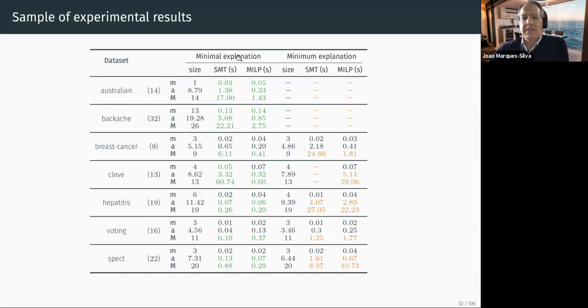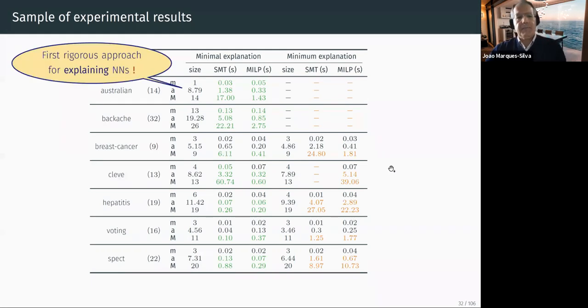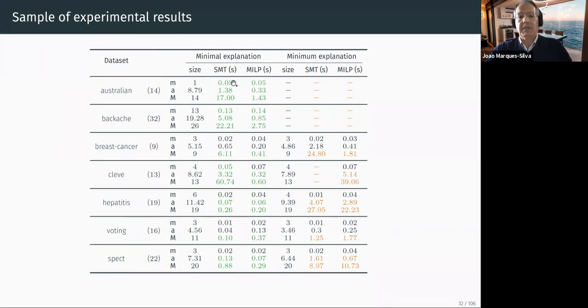Now, whereas computing subset minimal explanations is usually feasible, again, the number of features is not huge, but it's usually feasible. Notice that this is for a neural network. We are computing explanations when we pick a neural network to represent these data sets. Sorry, let me go back. What we observed is that for this concrete problem, neural networks, and only for neural networks, mixed integer linear programming is faster than SMT solving, as you can see from most of the results. And here it scales better, okay?